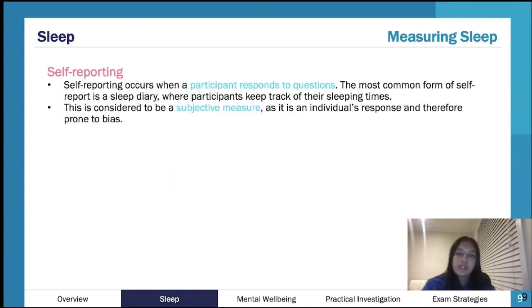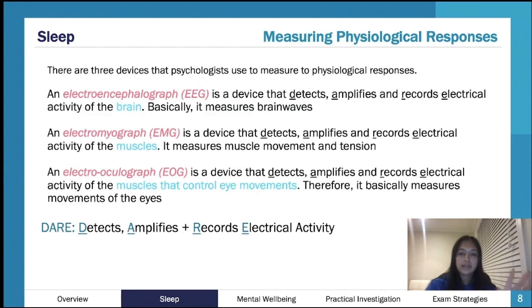So the other two methods we have of measuring sleep are a little bit more subjective. So this is self-reporting or sleep diaries. If you have someone that's doing a sleep study, you'll hook them up to all of these electrodes. And that's obviously a little bit more objective because it's very scientific. What's recorded is what's recorded. The graph that it gives you, it's the data that it gives you. So that's quite objective. Whereas with